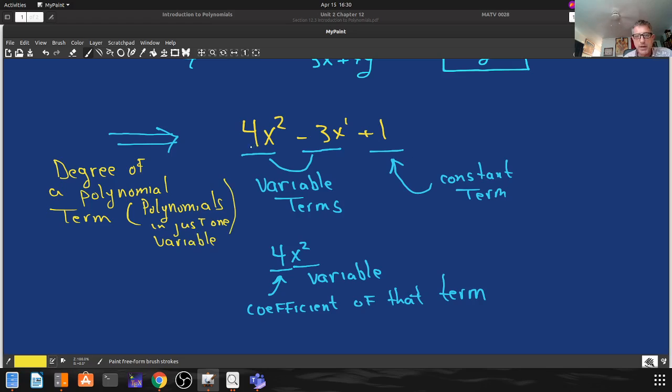This is our paradigm example. 4x squared minus 3x plus 1. Well, the degree of the term is the power, or value of the power or exponent,